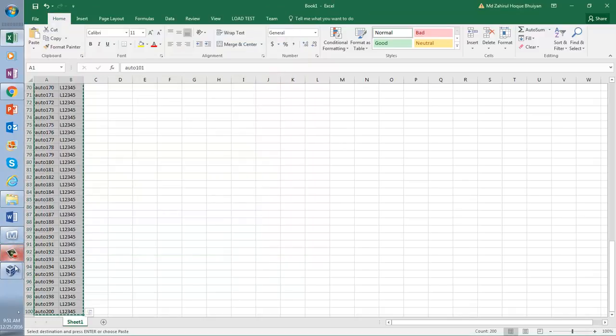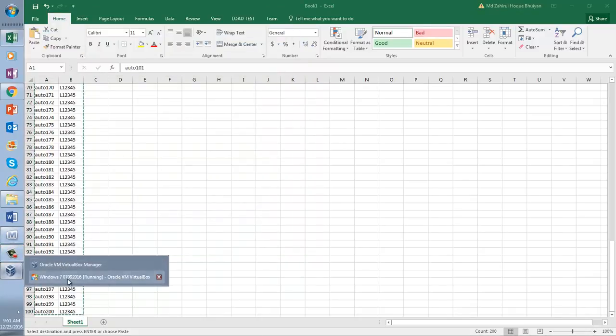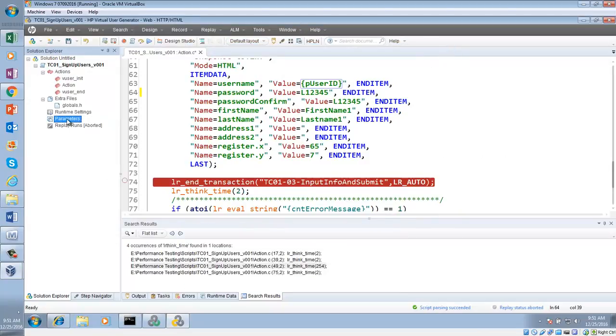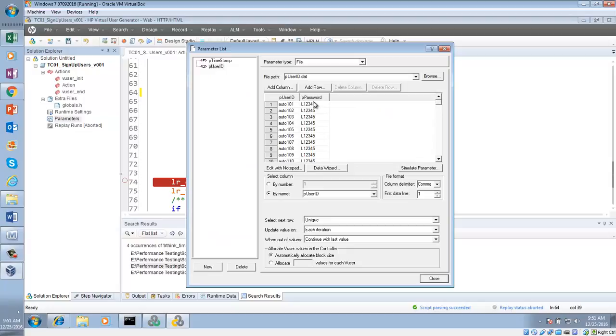Now let's go to the virtual machine. Let's close this and come here. In the parameters, can you see I have P user ID, and P password both, right? Here I am going to create another parameter. I can see I have it in the file, but in the parameter list, do I have a P password?